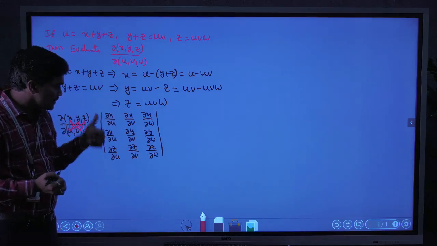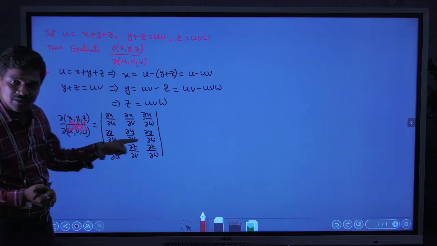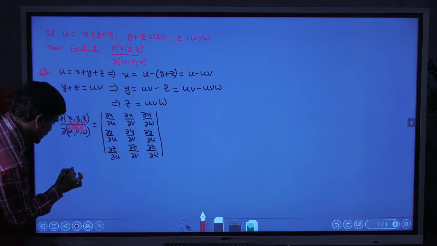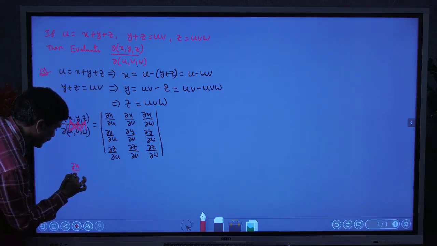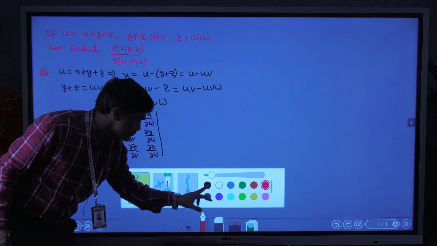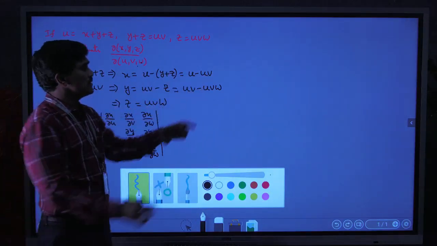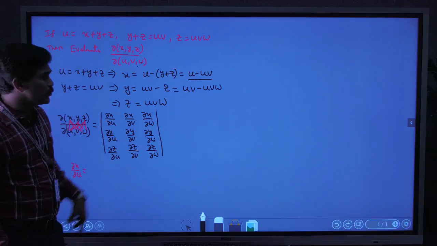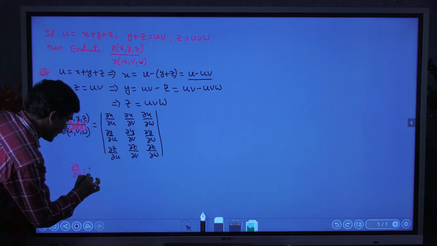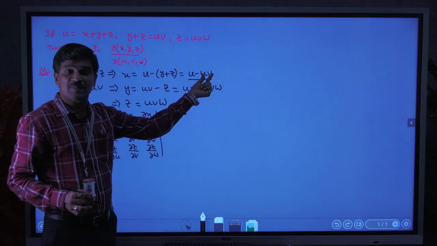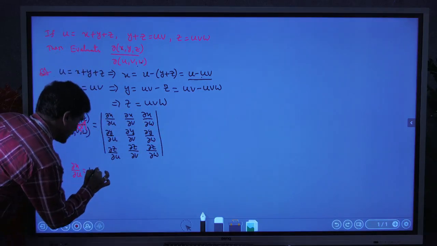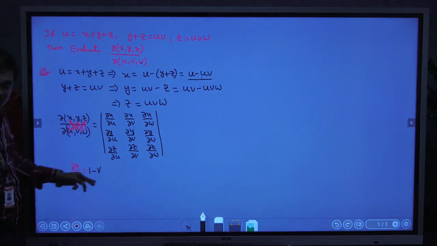So first we calculate these values, x with respect to u, v, w, y with respect to u, v, w, similarly z with respect to u, v, w. Now write what is ∂x/∂u? Here x is the function u minus uv, with respect to u. So the u derivative is 1 minus uv with respect to u. Here v is constant and the u derivative is clearly 1. So that's why we get v. ∂x/∂u is 1 minus v.